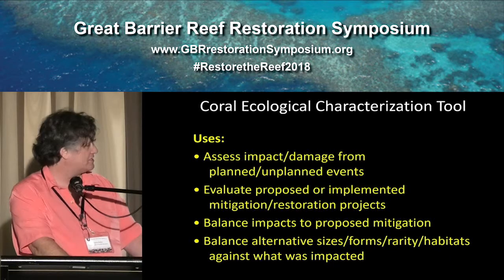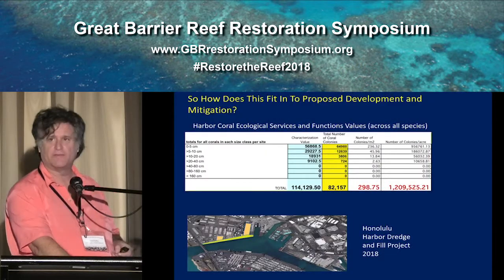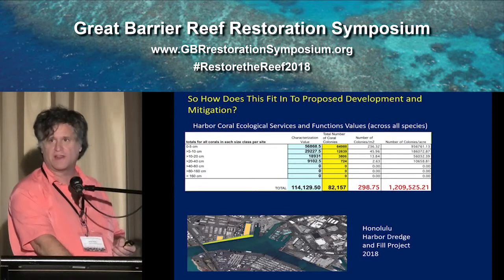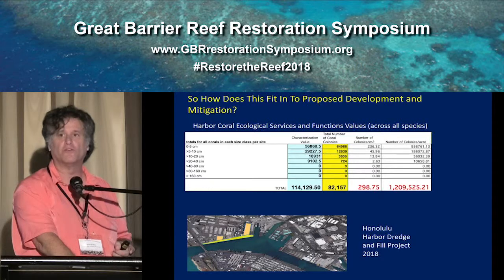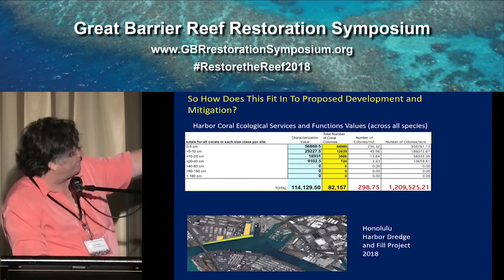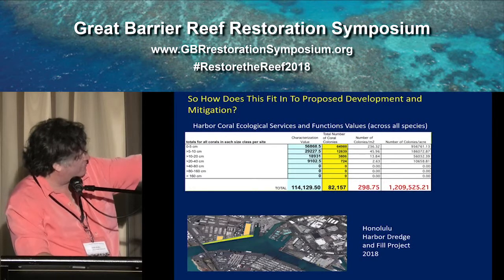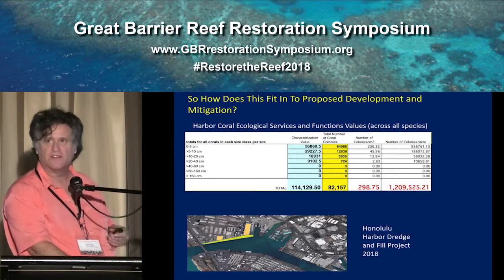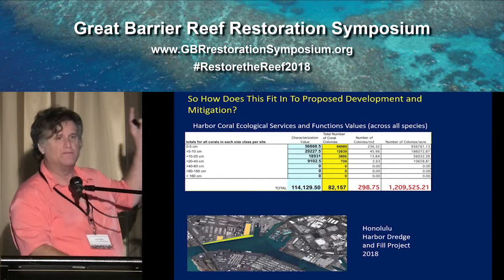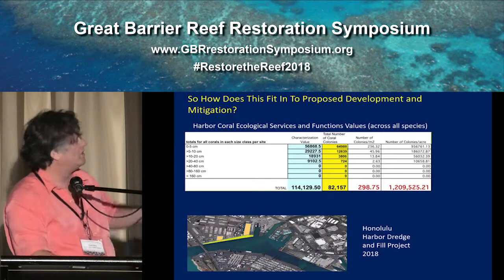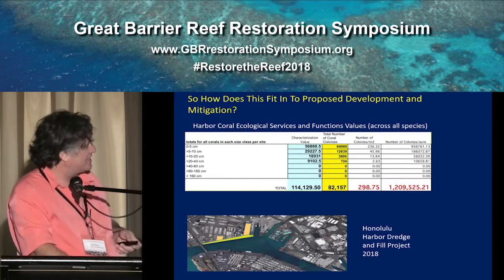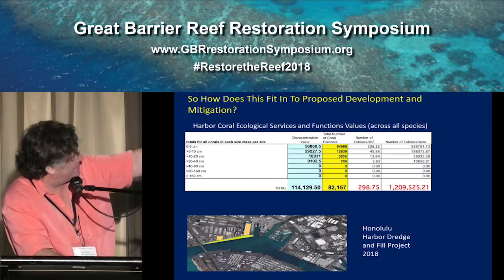And so really quickly, because I'm running out of time, I want to give you a real example. This is a harbor project that's going on right now. This harbor project just got me $3.3 million for a coral nursery, and it was primarily because of the way we use this tool. The areas in yellow on the picture is what they're dredging and filling. They sent their own people out. They measured the sizes of the corals, the species of corals, and the form of corals. And they gave us the data, we put the data into the tool, and it spit out that they're going to destroy